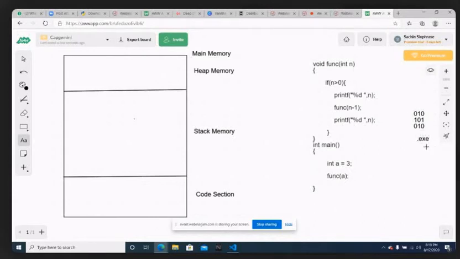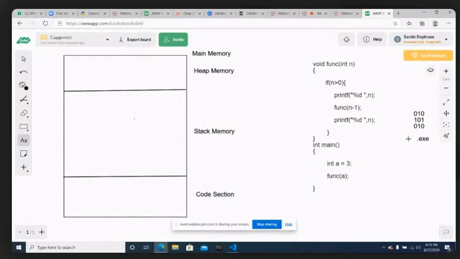Why is it called executable? Because it completely consists of ones and zeros, which can be understood directly by the CPU, so this file can be directly executed by the CPU. That is why we call it an .exe or executable file.